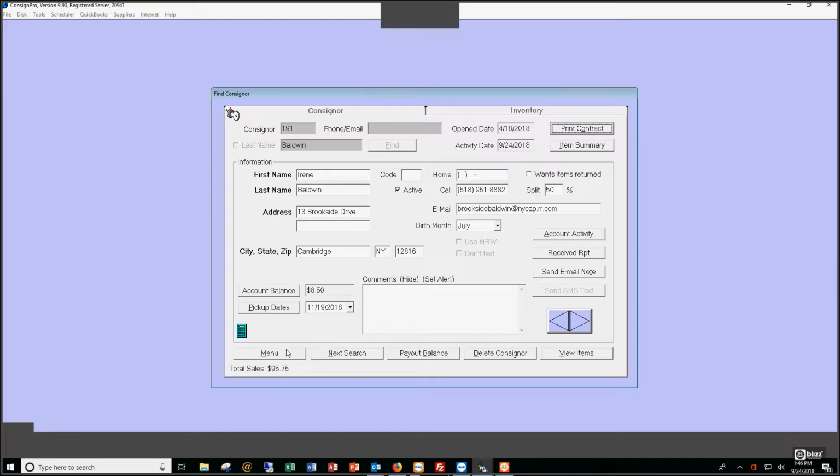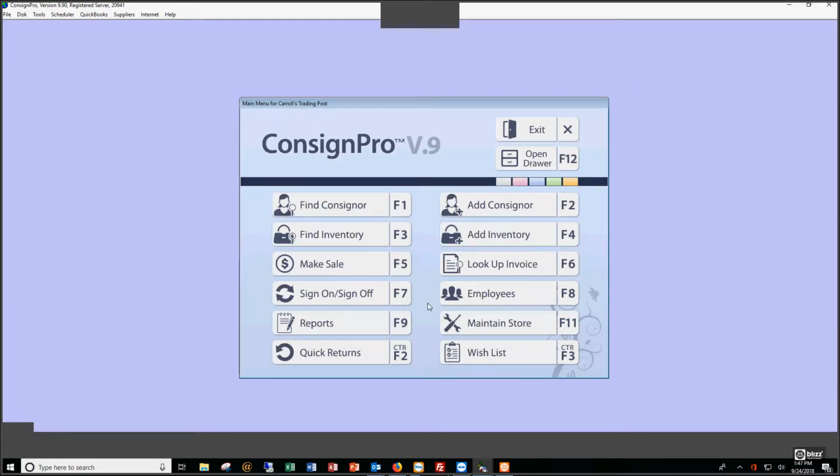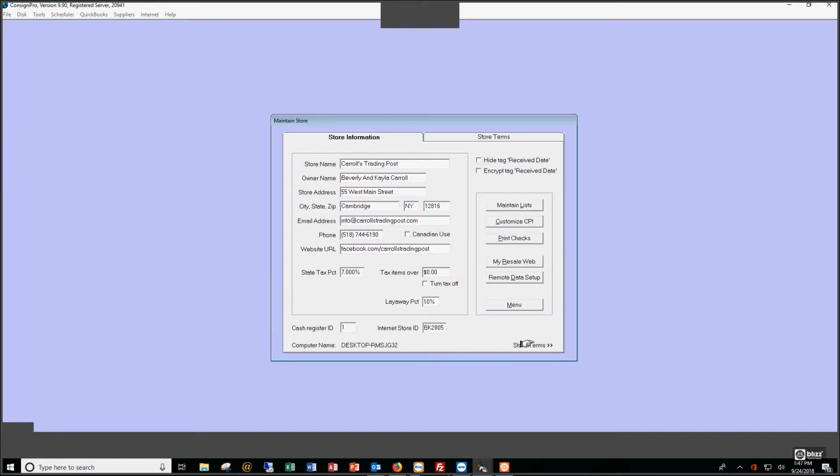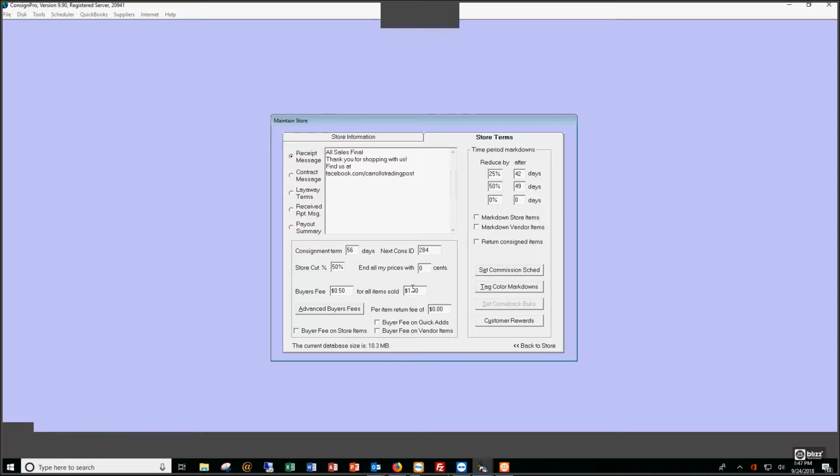I'm going to close the screen. I'm going to jump back to the main menu. The consignor got $5, not $5.25. If I go into maintain store terms, I'm going to turn off my simple buyer's fees because that's too simple